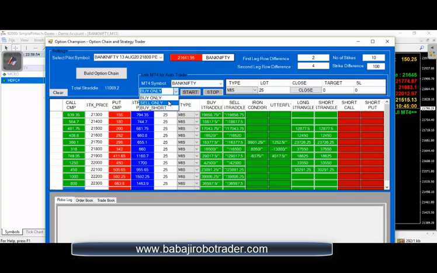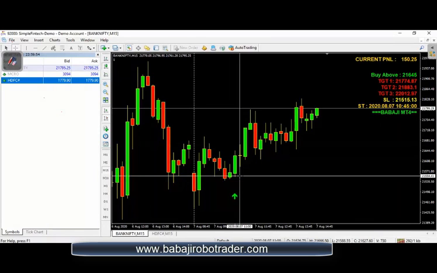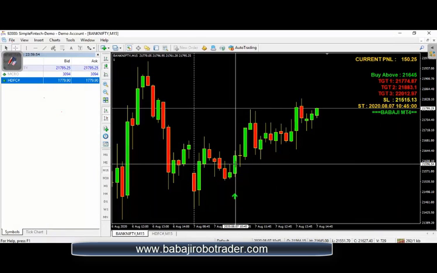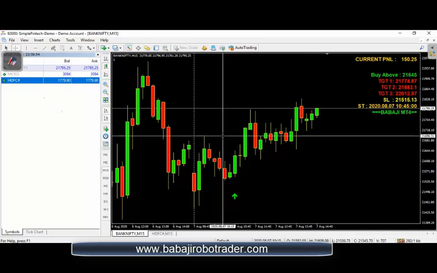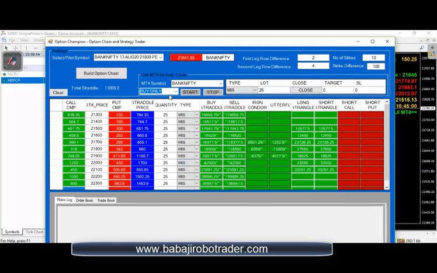For sell only, suppose you are getting a buy here. Instead of going for a call buy, the Robo will take the put sell. Same for the sell. Suppose you are getting a sell signal, it will square off the existing put sell and go for a call sell. So that is the advantage of sell only. The sell only option is merely for shorting in options.